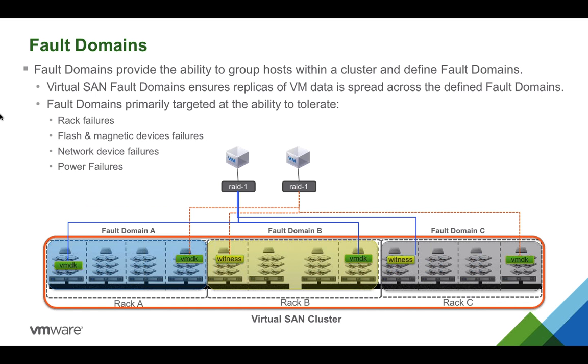So one of the new features that Virtual SAN is introducing now in 6.0 is the concept of failure domains. Now you'll have the ability of creating or defining a fault domain. Fault domains allow you to add knowledge to the implementation of rack awareness. So you can now withstand power failures, rack failures, physical network device failures, and such things. As you can see here, we can now take multiple servers and group them into a single fault domain, which is very different from the way that Virtual SAN